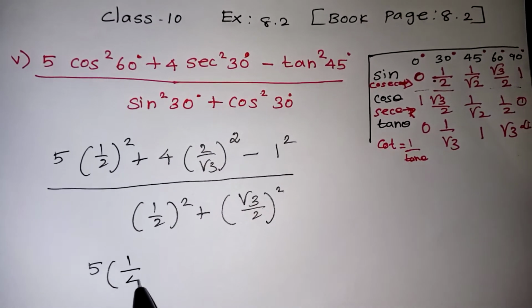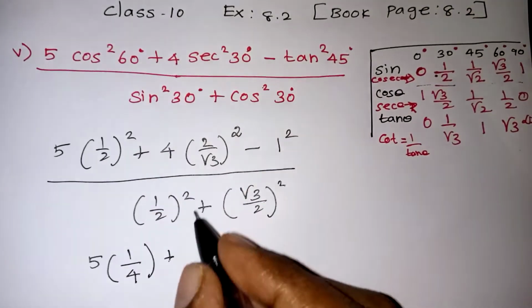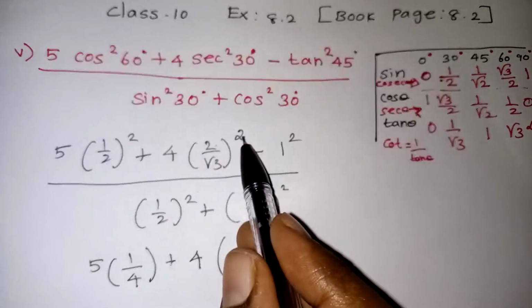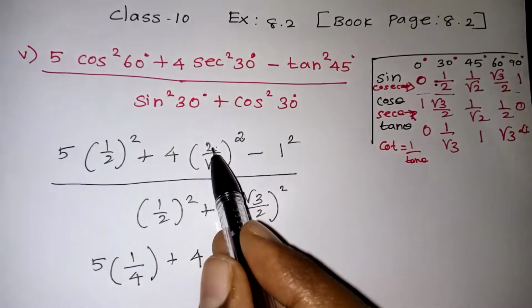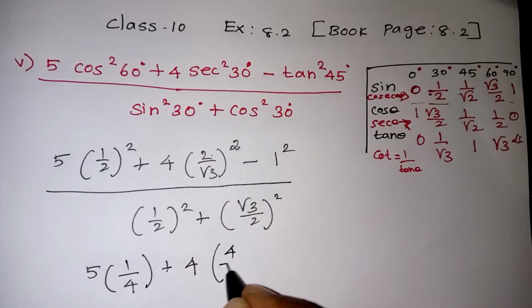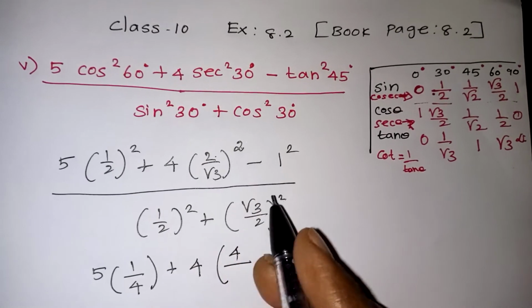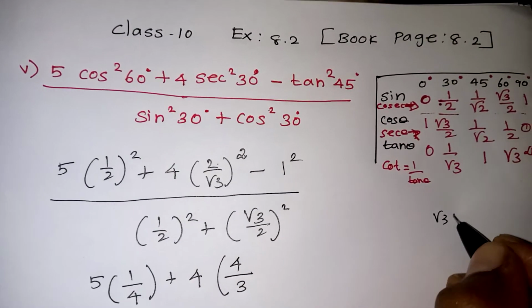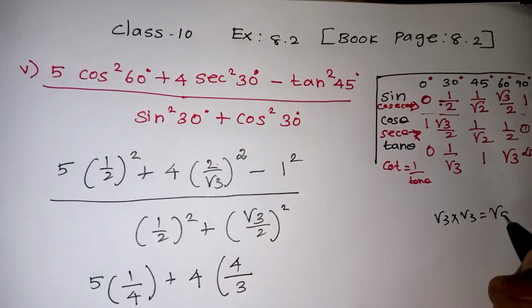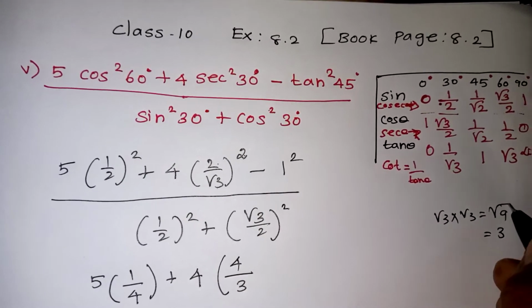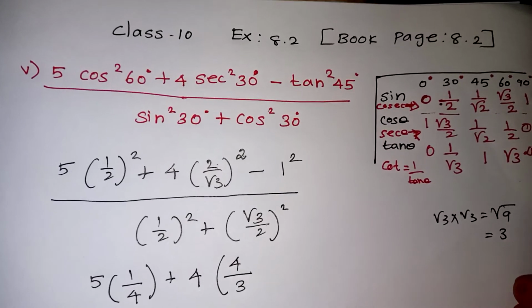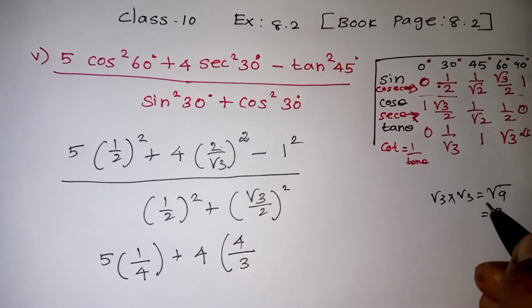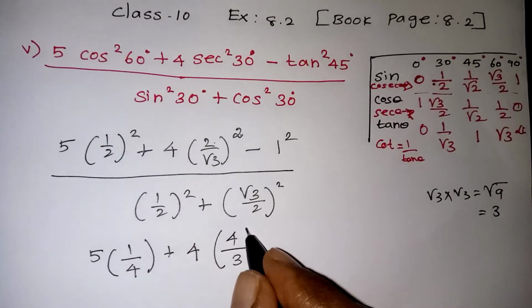So 1 by 4 plus here also keep this 4 as it is. Inside the square we'll be going for 2 as well as for root 3. When you are squaring the 2, it will become 4. So here root 3 into root 3 will give you 3. How? Root 3 into root 3 will give you root 9. Root 9 value is nothing but 3 only, no? Because 9 can be written as 3 into 3. Square root 1 number will come out of the root. So any number with the square root if you are multiplying, the number will be coming out as the answer.